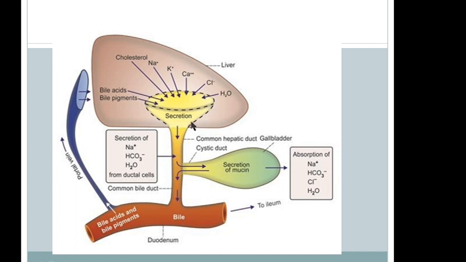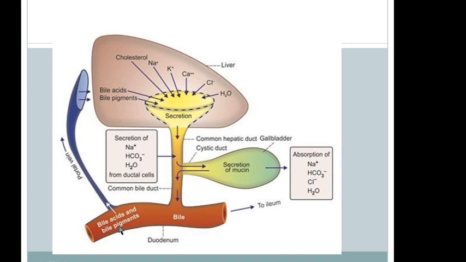In this diagram you can appreciate, this is the liver where the bile forms. This bile contains cholesterol, sodium, potassium, calcium, chloride, water, bile acid and bile pigments. Okay, then it enters into the common hepatic duct, then the common bile duct. When it enters into the common bile duct, it absorbs sodium, bicarbonate and water, so it will be more alkaline in nature here, and then to the duodenum, and through the enterohepatic circulation